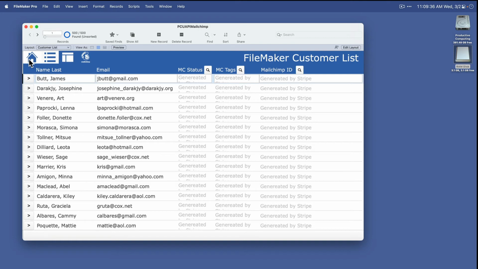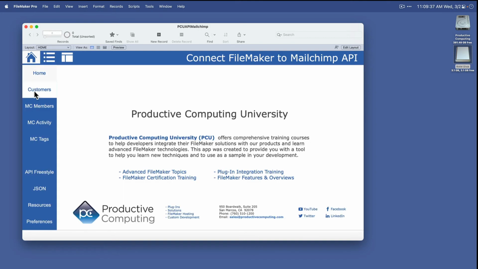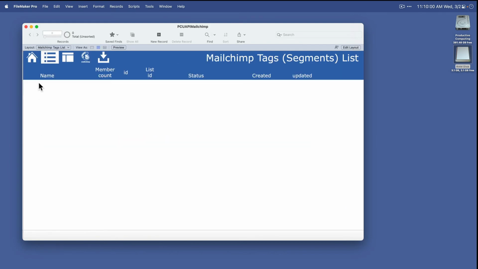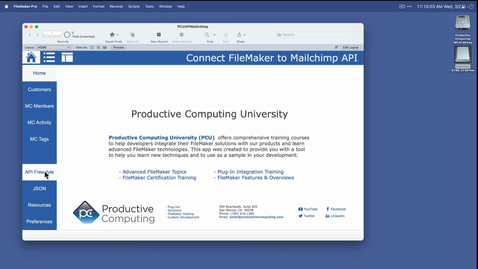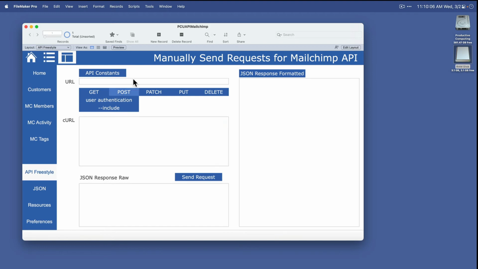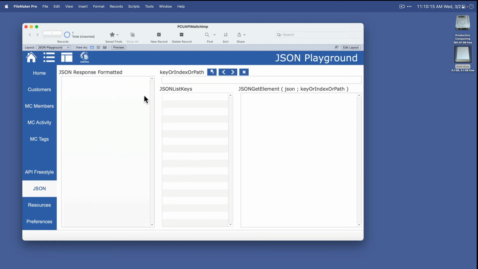This will navigate you back home. Then we have various other tables that are currently blank, but that we'll be using throughout the various lessons. Then we have this thing called API Freestyle, which is a workshop, if you will, for creating your requests and receiving your responses. Then we have a built-in JSON parser,